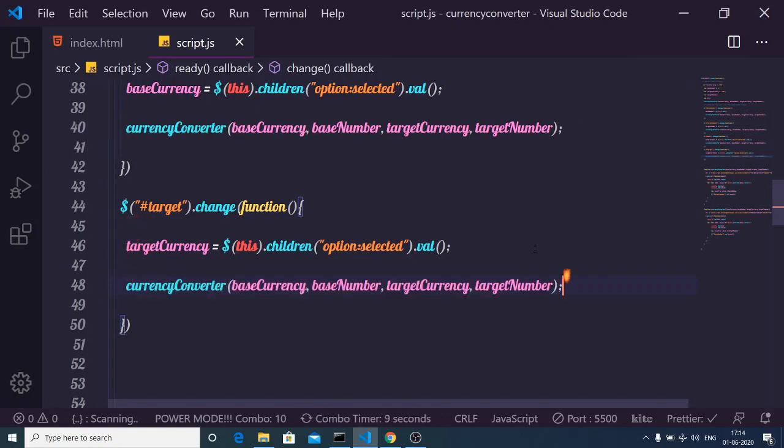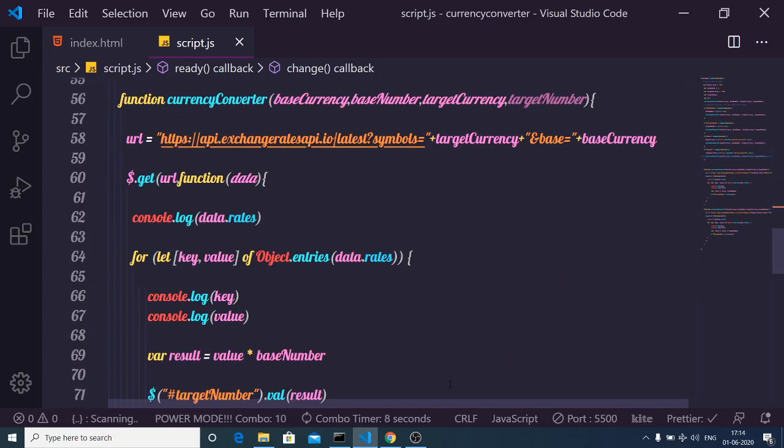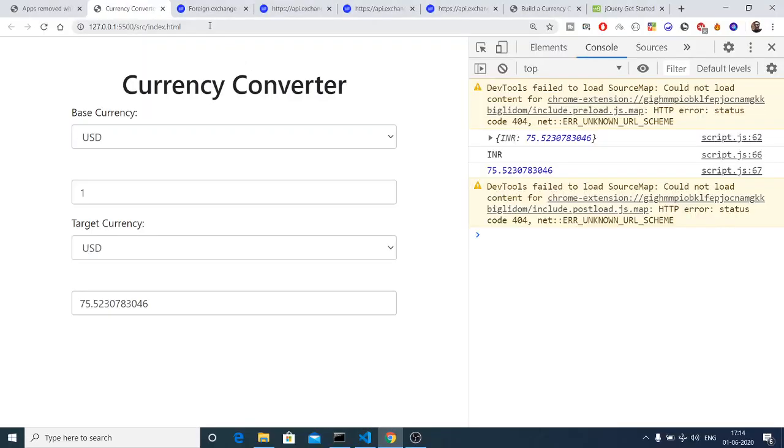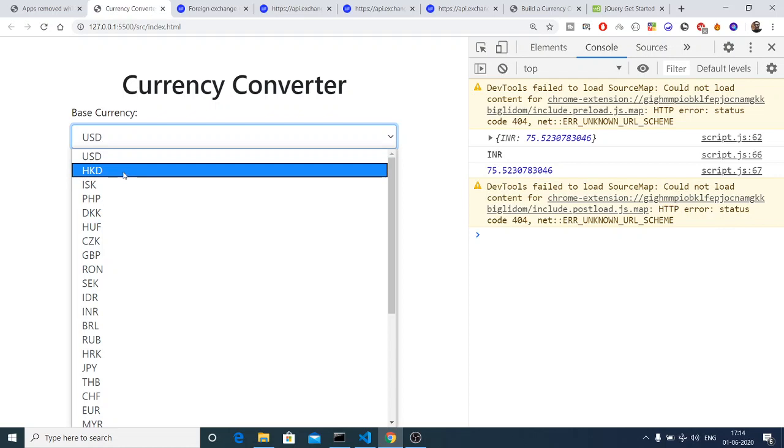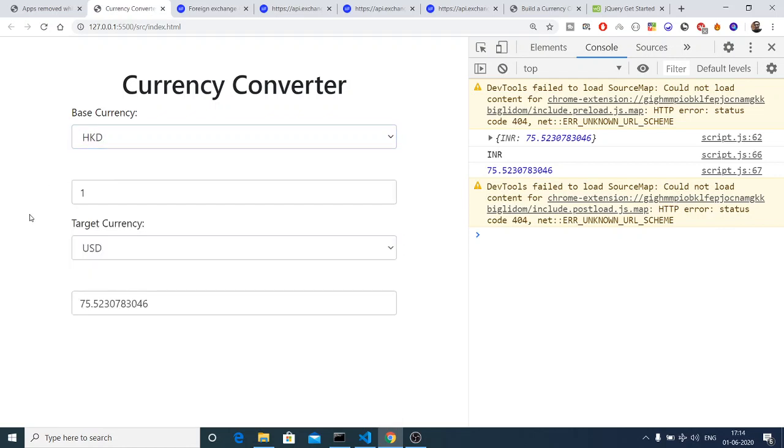So that's it, guys. Our application is complete. If I reload the application for you, and change the base currency from USD to HKD, the value will change automatically. You can see that.